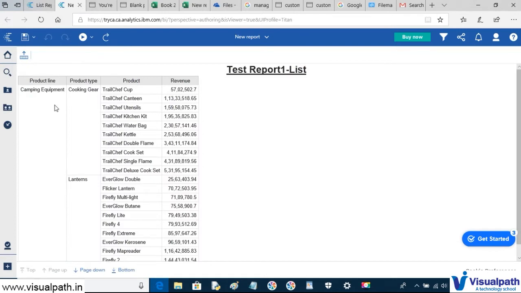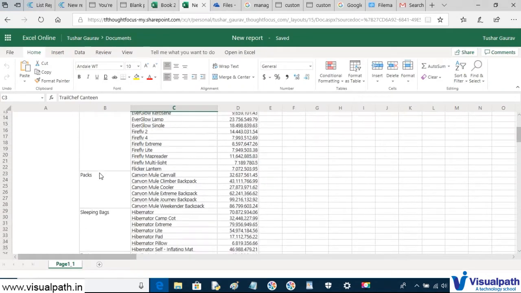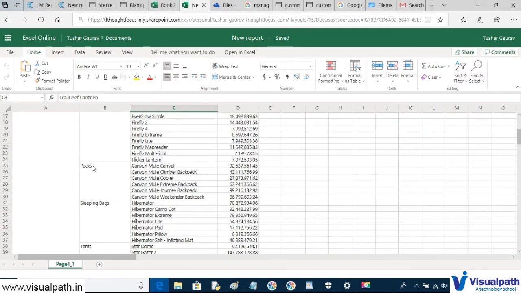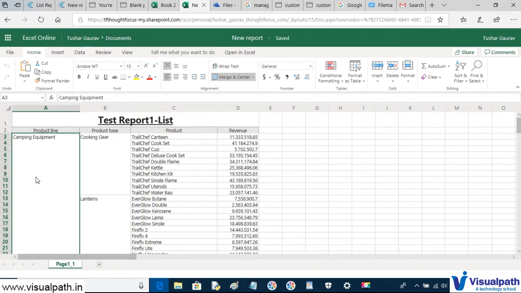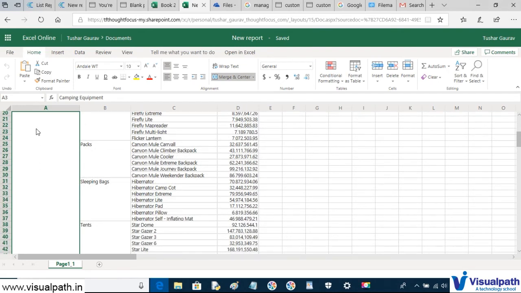If you see here, with the camping equipment, it is difficult for us to understand what is the product line for packs or sleeping bags, because here the product line is basically grouped alone, so we cannot see what is the product line for packs or sleeping bags or tents.